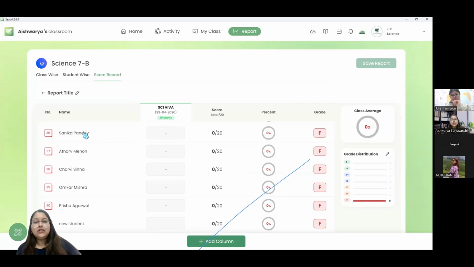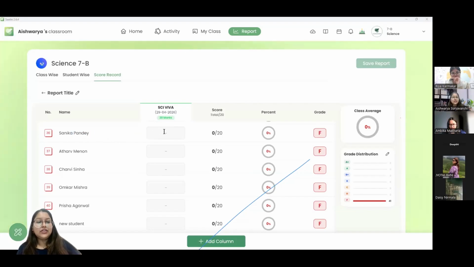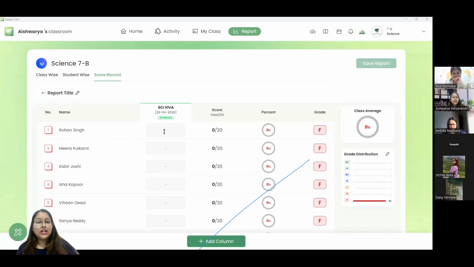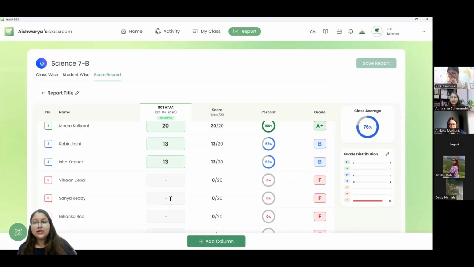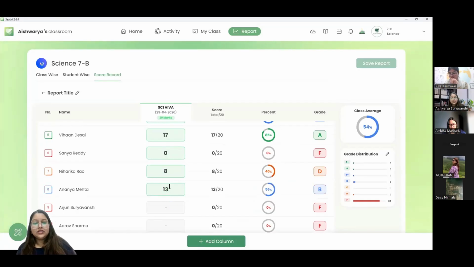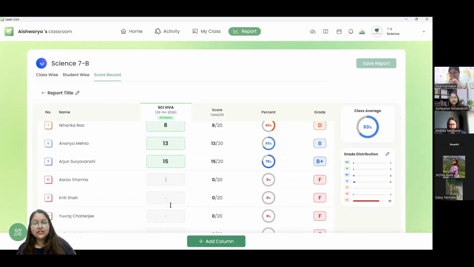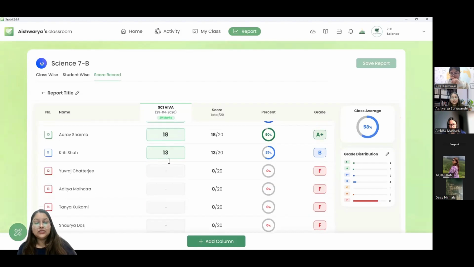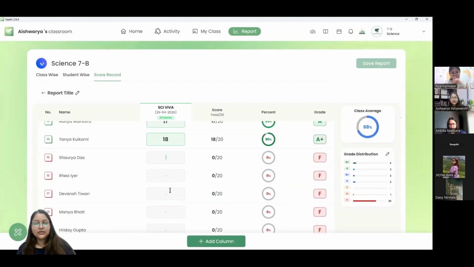Okay, so now I'll be able to add, let's say if I'm talking to Rohan, and I've spoken with Rohan and I could see his marks. Rohan has scored 15%. I'll just put 15. Any student has scored any percentage, I'll be able to put. And as soon as I put the marks, you can see the data is going to filter on its own. Right? So this way the teachers tracking their marks becomes super easy. You can put marks for all your students this way.